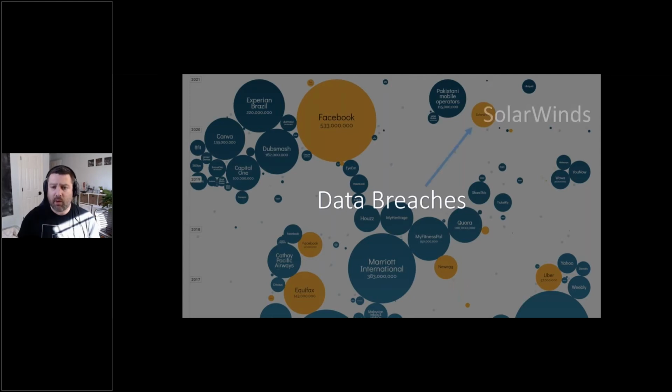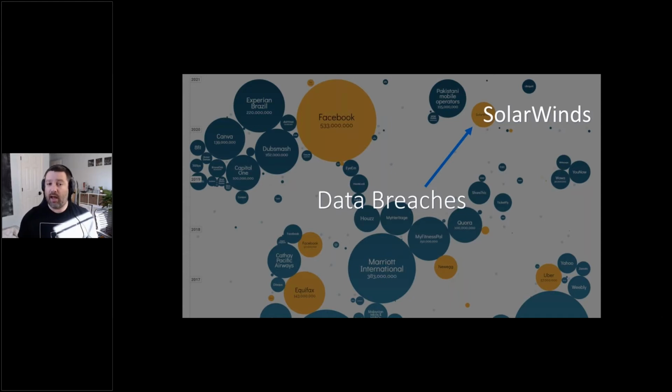Now, there is one I want to specifically call your attention to, and that is SolarWinds. SolarWinds is a provider of services to many organizations. They had a patching process hacked, if you will. Malicious code was inserted into a patch. That patch was pushed out to about half of the organization's SolarWinds services. And at that point, hackers had access to those organizations' data.